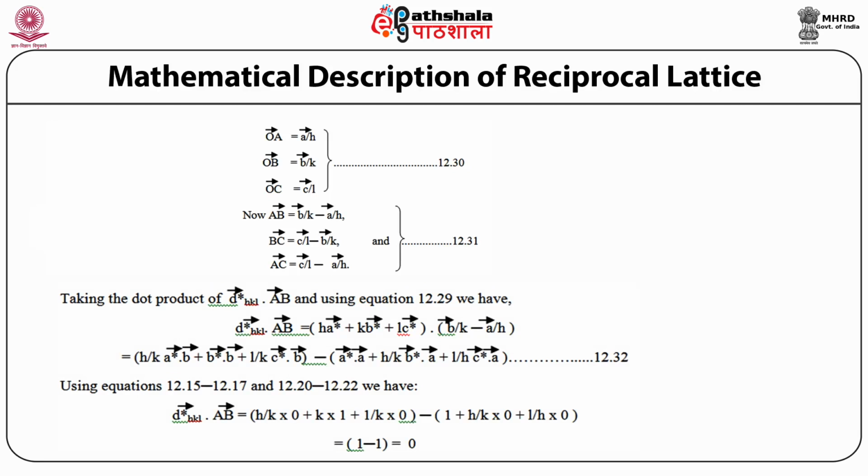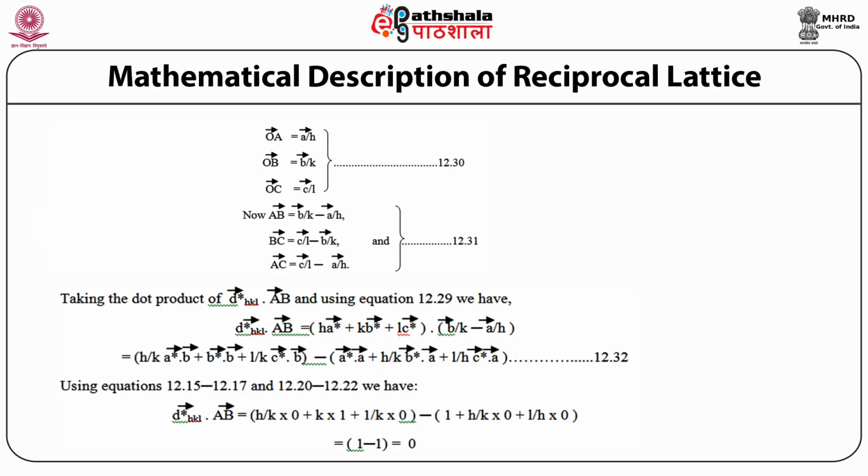Taking the dot product of vector d* HKL and vector AB, and using equation 12.29, we have d* HKL dot AB equal to (h a* + k b* + l c*) dot (b/k minus a/h), which is equal to